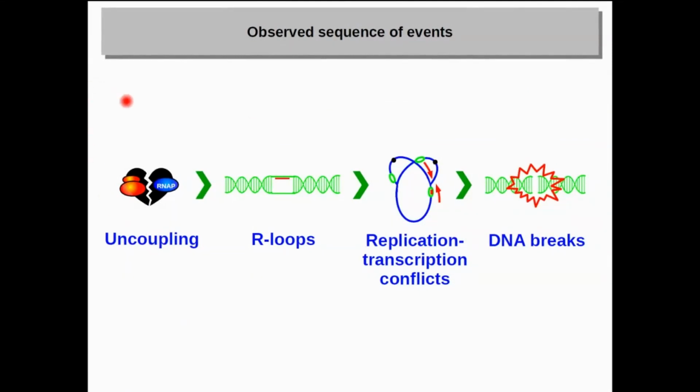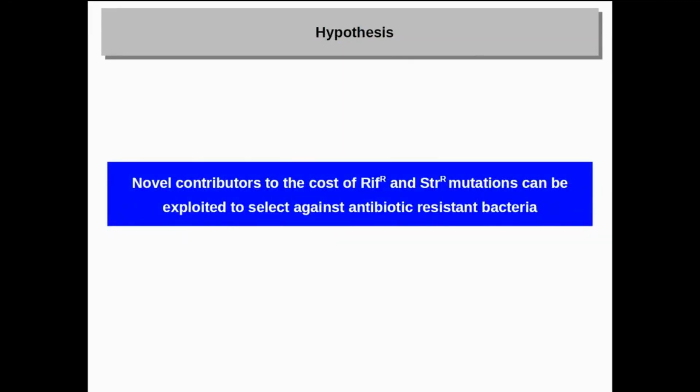that the uncoupling between transcription and translation is causing an increase in R loops. R loops are DNA-RNA hybrids. We will talk about it a little bit later. These R loops cause replication-transcription conflicts. So the machinery of replication and the machinery of transcription are working all the time in bacteria, and one is faster than the other, so they find each other very often. And if there are R loops, there are conflicts, and these end up generating DNA breaks. We managed to demonstrate all these steps, and then we come to the next point.